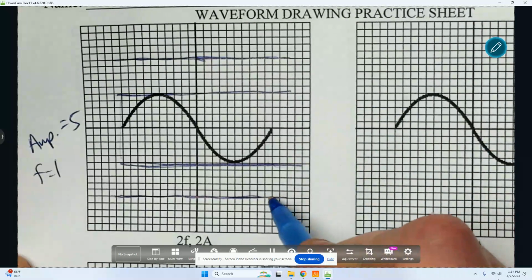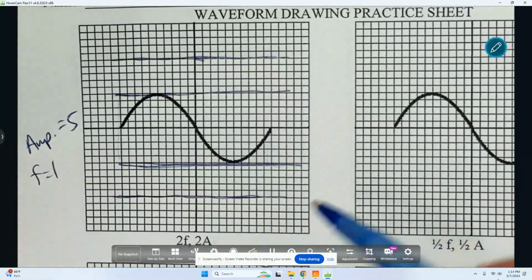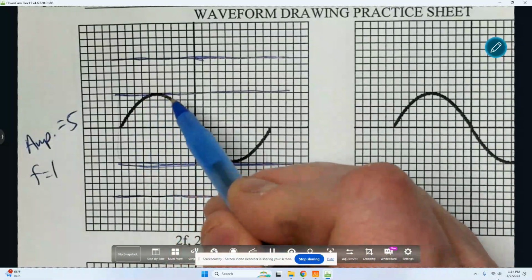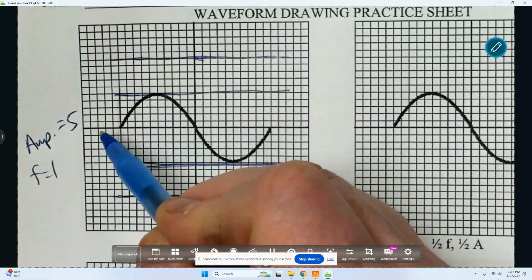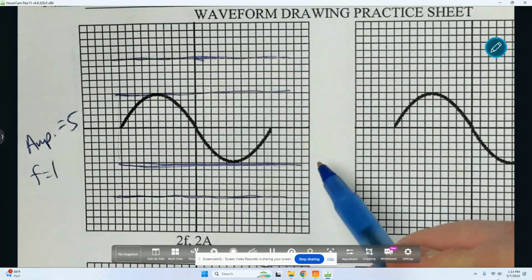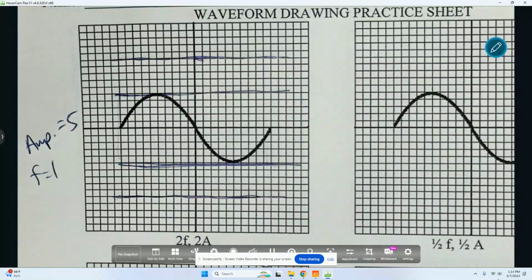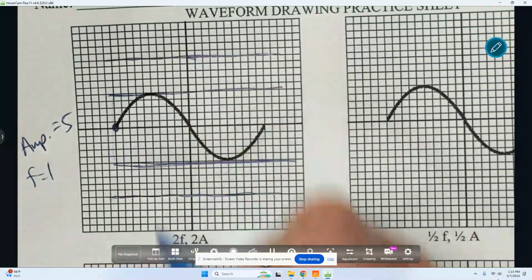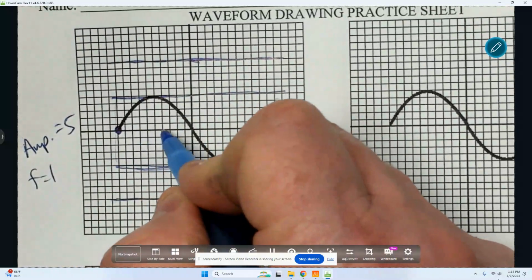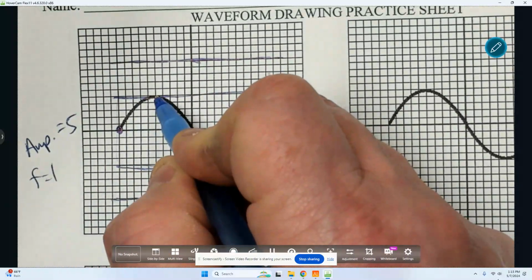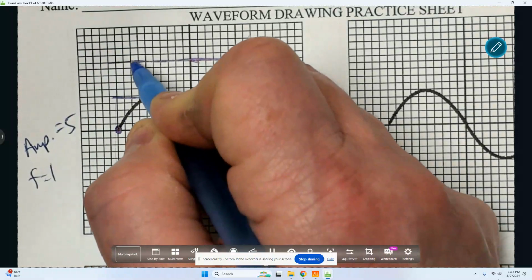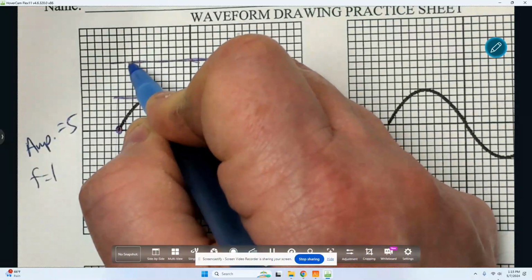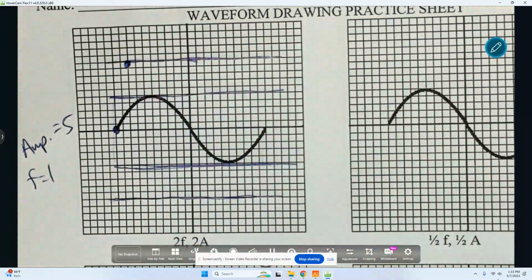Now I also want to draw twice the frequency. So that means instead of just completing one cycle, I want to complete 2 cycles in this time. So I'm going to identify some points along the graph that I'm going to go ahead and construct. The first one is going to be halfway between where this crest is and here. So I'm going to have this thing peak a little bit earlier. I'm going to go up to about this point, and I'm going to put a dot at that point